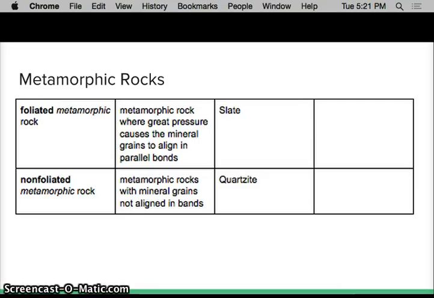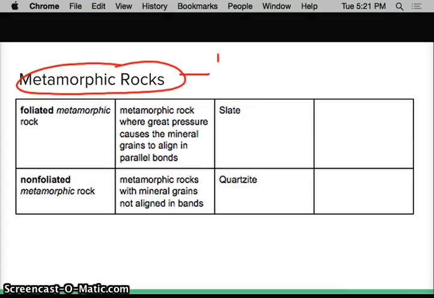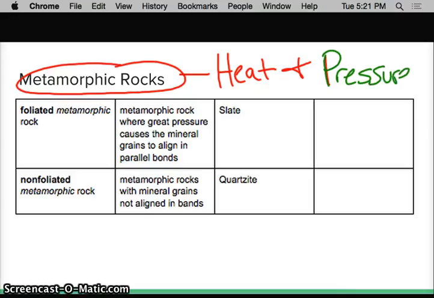And our last but not least category of rocks, we have our metamorphic rocks. We have two different categories within metamorphic rocks, and we're going to talk about both of them. But the big picture with metamorphic rocks is that they form from heat, and they form from, here I'm going to use a different color for you, pressure. Okay, so intense heat and intense pressure